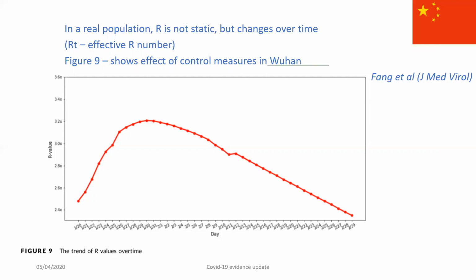But it shows an initial escalation from an R0 of 2.4 to 3.2, followed by a gradual decline as these control measures take hold. The reproduction number calculated in a real population is known as the effective reproduction number, or RT. Many factors can affect the effective reproduction number, including population mixing and proportion of people susceptible to the infection. However, the same rule applies to RT as R0. If it can be moved below 1, then the outbreak can be contained.